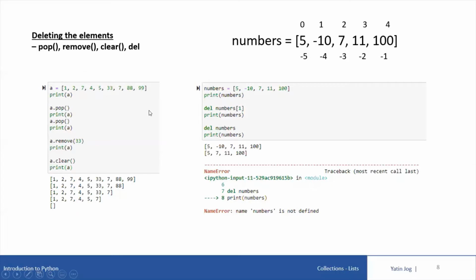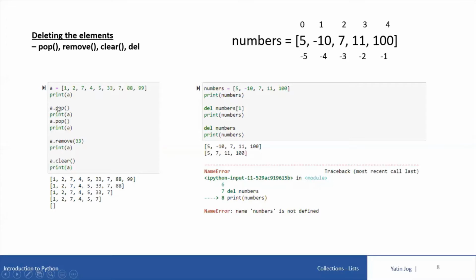So look at this first code. This is my initial list, A. Variable is A with all these values 1 to 99. If I say print A, it will print the whole list on the screen as it is. So you can look at the output. Now after printing the whole list, if I say a.pop, as I have mentioned that pop is a list method, it has to be invoked using a list variable. A is a list variable, so I can say a.pop. So a.pop means pop one element from list A.